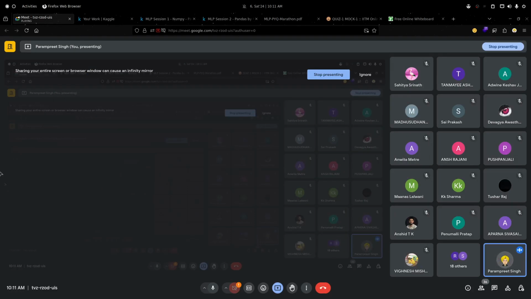Identify and handle outliers, that will obviously be at the end, क्योंकि जब हमारे पास एक फाइनल डेटा होगा, उसी पे we can handle the outliers. हम अगर first step पे outliers handle कर लेंगे, क्योंकि first step पे तो we may have missing values, we may have categorical variables, right? So we can't handle the outliers. That is of course the last step, or one of the last steps you can say.